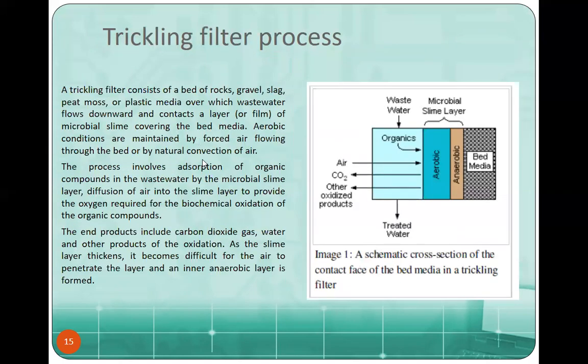Next, trickling filter process. A trickling filter process consists of a bed of rock, gravel, slag, peat moss, or plastic media over which wastewater flows downward and contacts a layer or film of microbial slime covering the bed media. Aerobic conditions are maintained by forced air flowing through the bed or by natural convection of air. The process involves absorption of organic compounds